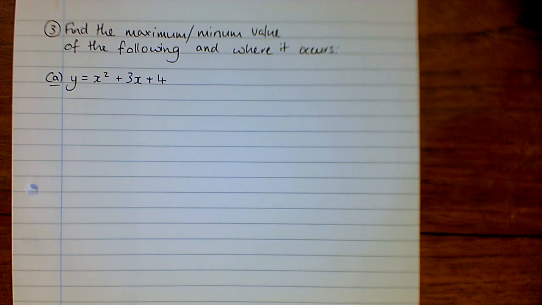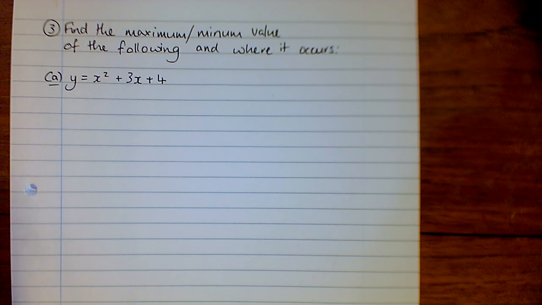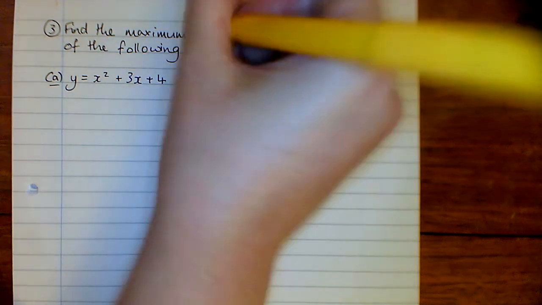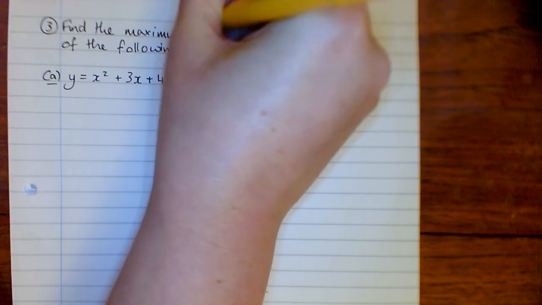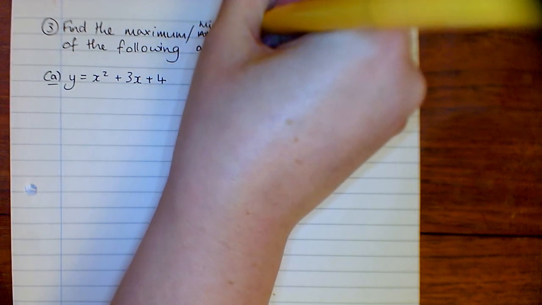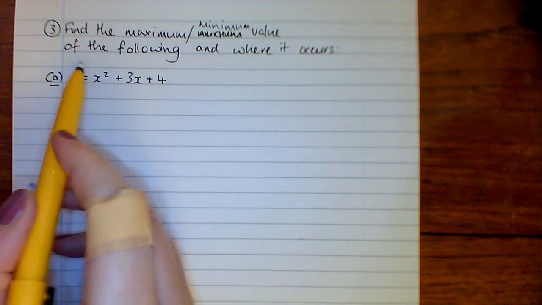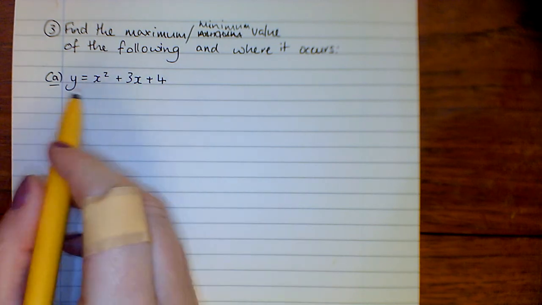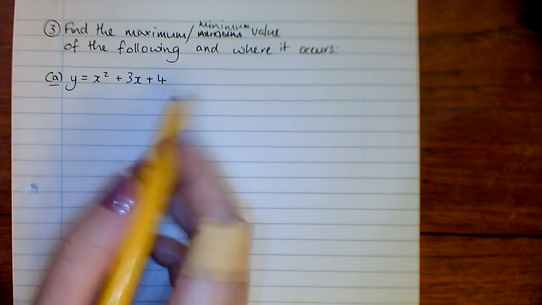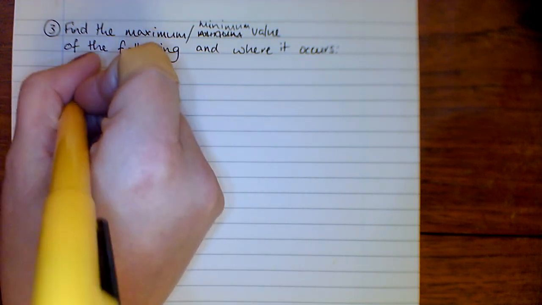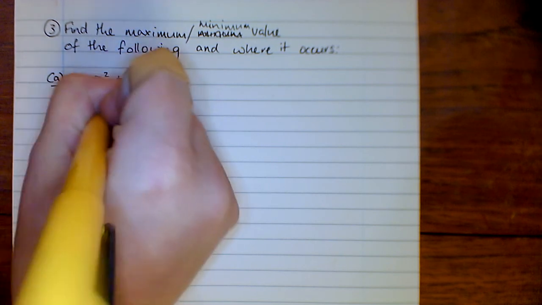Okay, so the next thing you'd have to do, find the maximum or minimum value of the following, and I've realised I've just left half of minimum out. Okay, maximum and minimum value of the following and where it occurs. So y equals x squared plus 3x plus 4. So we start in the same way